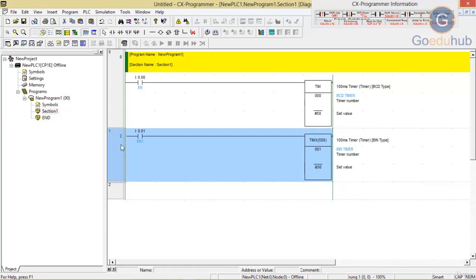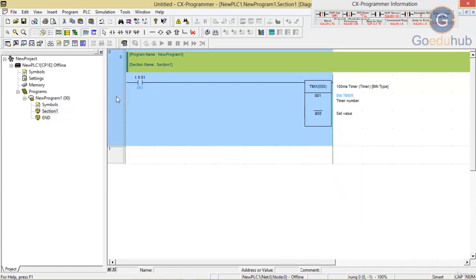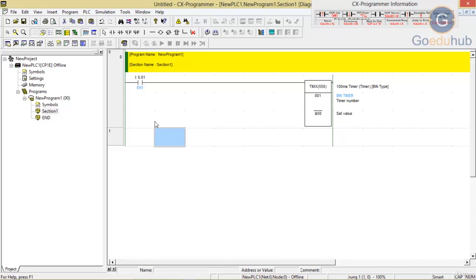Now I am taking that BCD timer only, or if you want I am taking binary timer. Then we will solve one problem in order to understand how these timers work and how they count. So we will do that thing in the next tutorial.